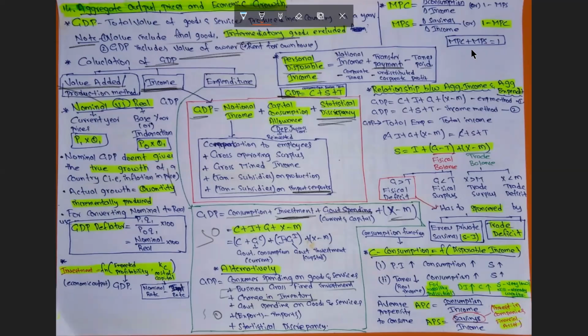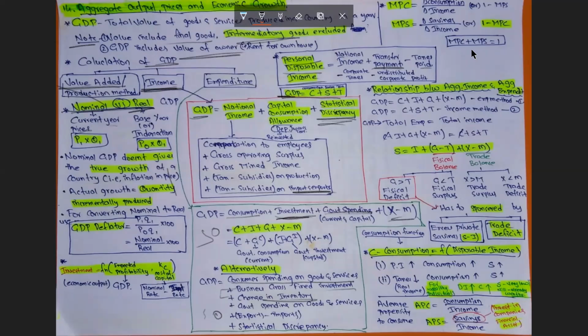So next, we'll move on to nominal GDP versus real GDP. Nominal GDP is the current year GDP, but however, the current year GDP does not give us an appropriate measure because the GDP can increase due to inflation. So even if the quantity remains the same, due to the inflation factor, GDP will be shown as having grown when compared to previous years. However, if you want to know the true GDP, that is the true increase in the quantity produced in a year, you need to understand real GDP.